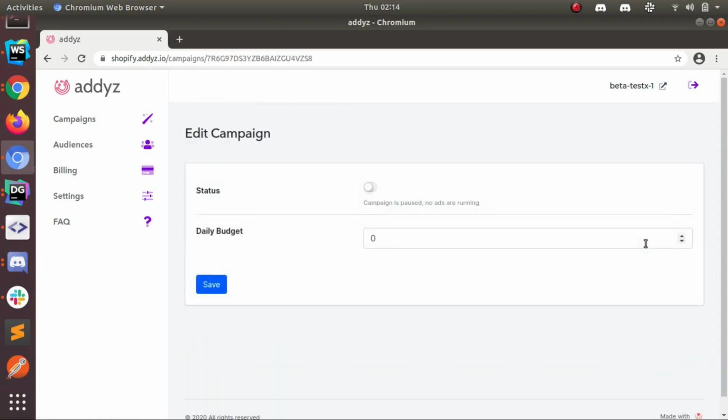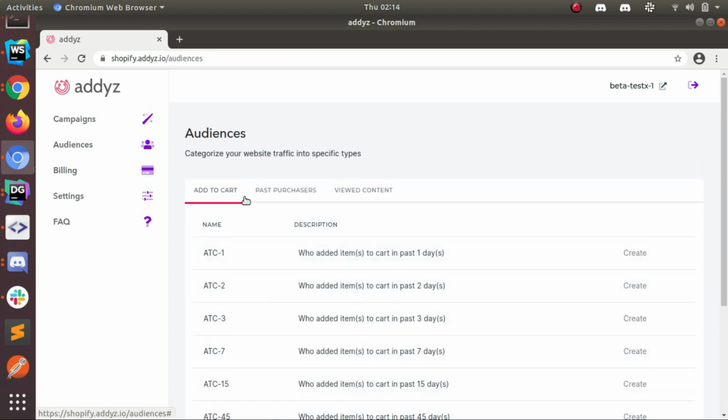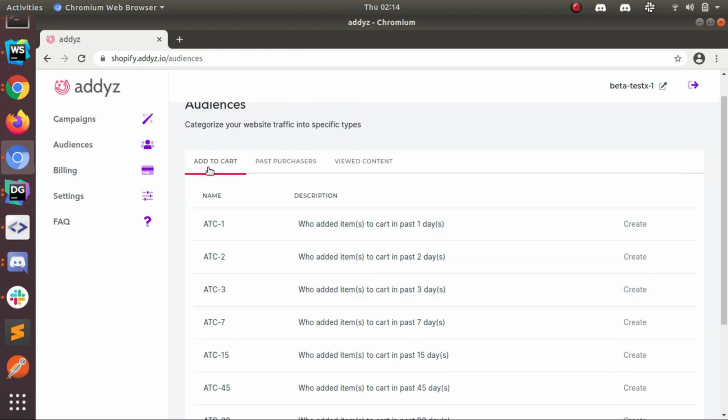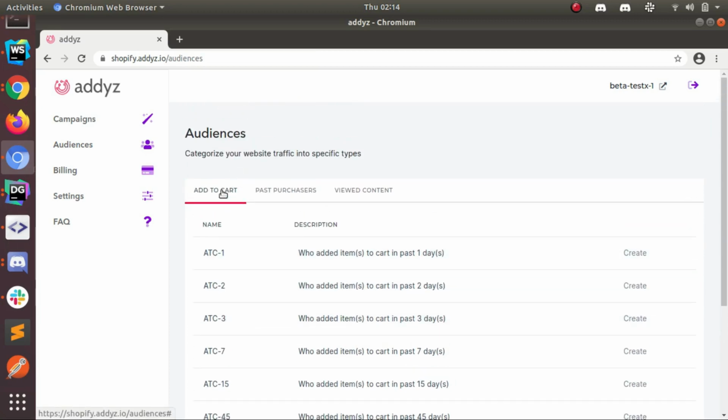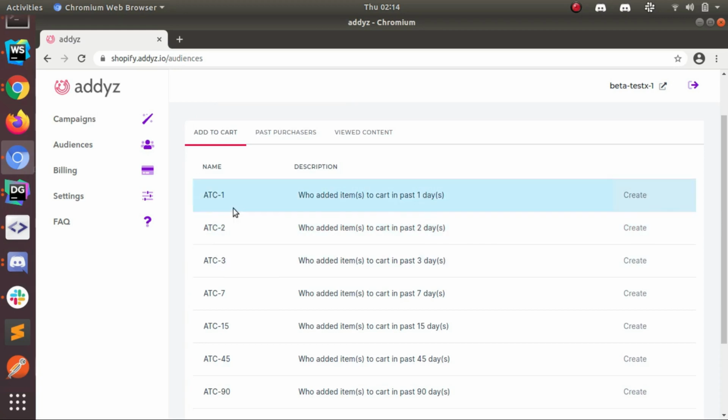We could edit the campaign here from this screen, and the other part of the app is audiences. We could create a custom audience on Facebook, and there are 3 types of audiences: add to cart, past purchaser and viewed content. Add to cart are those audiences which have abandoned the cart for like 1 day, for 2